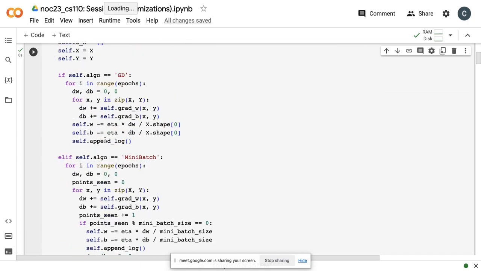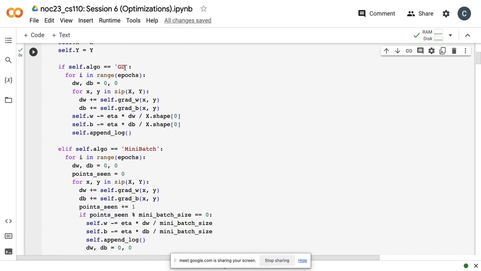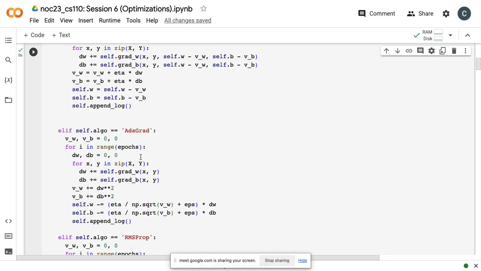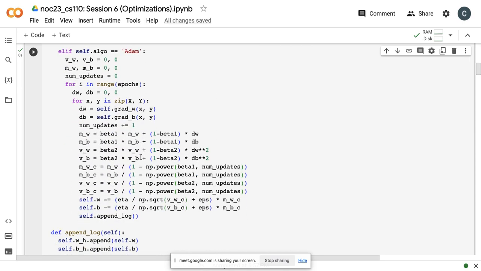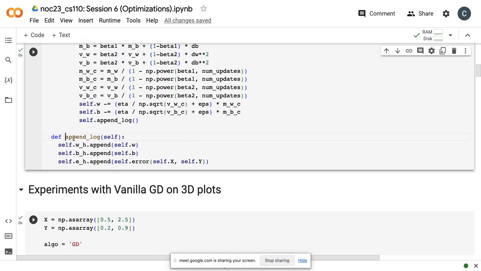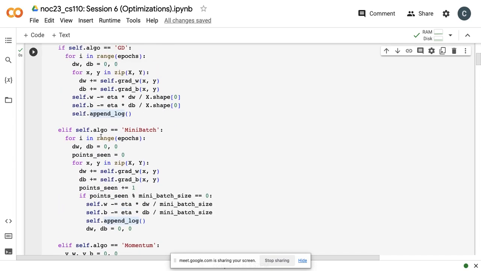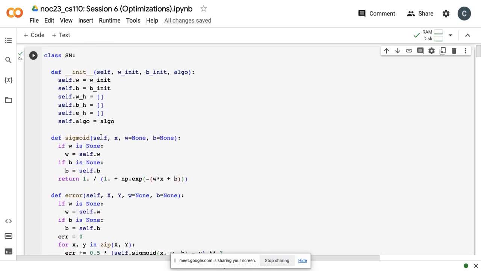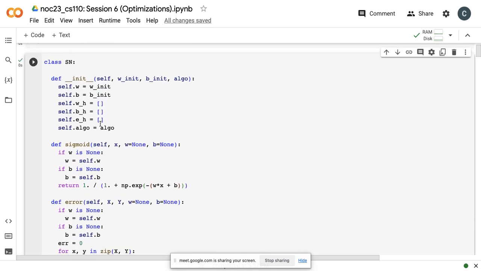It has lots of other things, like GD for gradient descent. There's something called mini batch, momentum gradient descent, NAG, Adagrad, RMSProp. This is something we are going to discuss in today's lecture. Then there's an append log where we are storing all the errors we are getting, or with respect to weights, and we are going to store them in this function. So this is a class which we are going to use throughout, and it follows a standard format